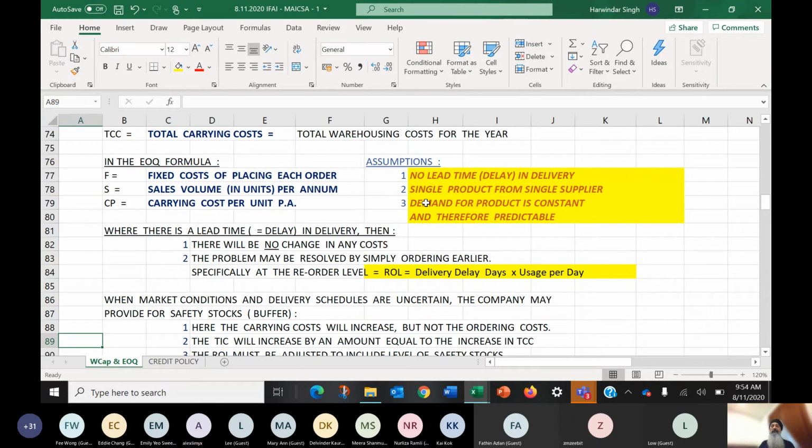Then the other assumption is single product from single supplier. This may not be true, but you can do it for each supplier. Is it painful? Is it difficult in real life? Yes, it is. But we still use it sometimes in real life because it gives you a rough idea of what you want to do. Many of these mathematical models are not perfect, not by a long shot, but we still use them, not because we want to take their output literally, but because we want to say that, well, this is a good guideline that we have.